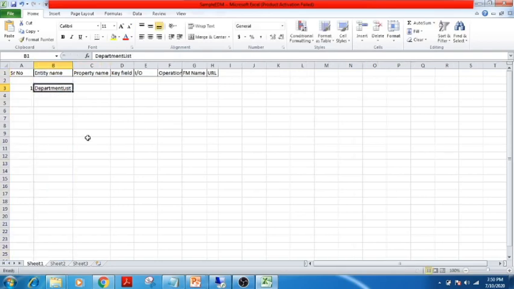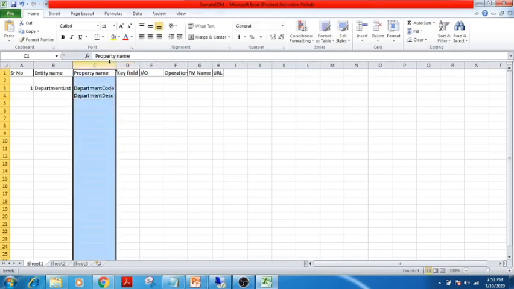Department list: what kind of properties can a department list have? One is department code, second is department description. All these things are coming in the output.